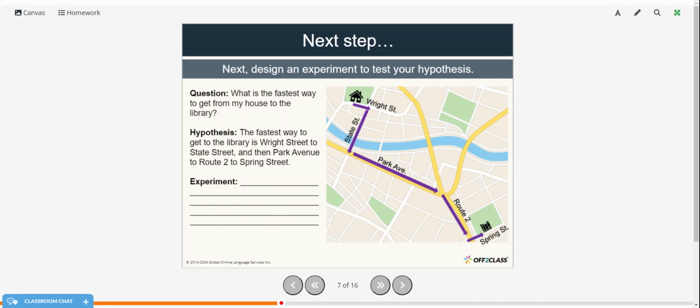Next, you're going to design an experiment to test your hypothesis. So the question, what is the fastest way to get from my house to the library? The hypothesis, the fastest way to get to the library is Wright Street to State Street, then Park Avenue to Spring Street. So the experiment would be maybe to travel the route described in the hypothesis